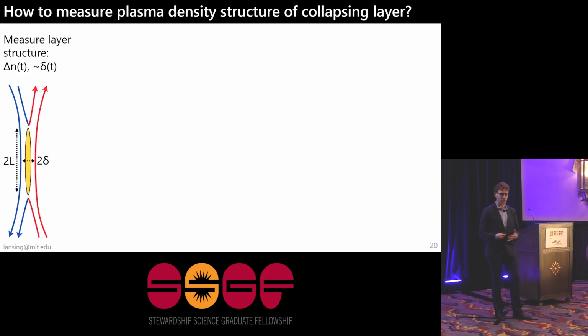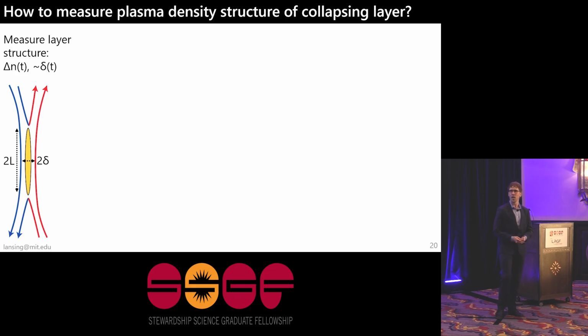So what I said is that I'd like to gather experimental evidence, actual data, of this radiative collapse process. So I'd like to measure the density structure of the reconnection layer plasma. So this means that I need to resolve some sort of measurement spatially, because I want inherently a structure measurement. But I also need temporal resolution, because I need to measure this dynamic process of radiative collapse. So the question is, how can I use the Mars experiments, and how can I use a diagnostic to make